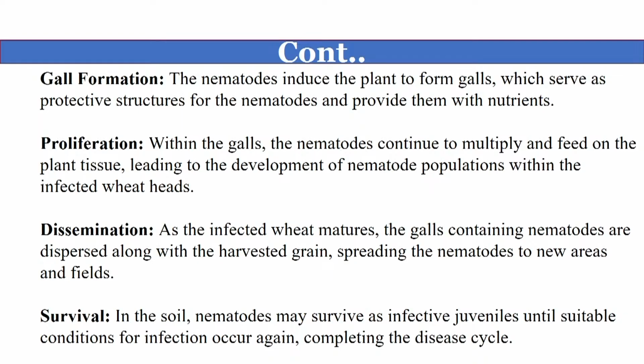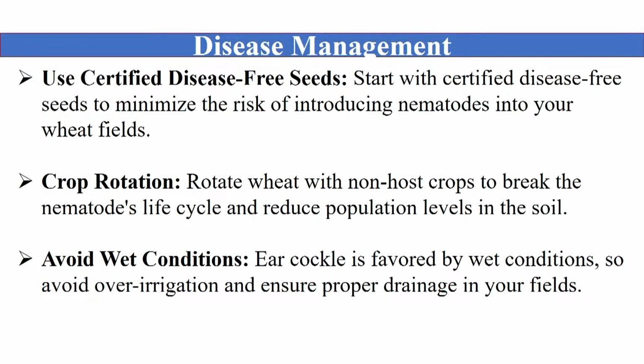After that, in the soil, nematodes may survive as an infective juvenile stage until suitable conditions for infection occur again, and after that they complete the disease cycle. And how you can manage this kind of disease: you can start with certified disease-free seeds to minimize the risk of introduction of the nematode in your field area, and you can rotate the crops